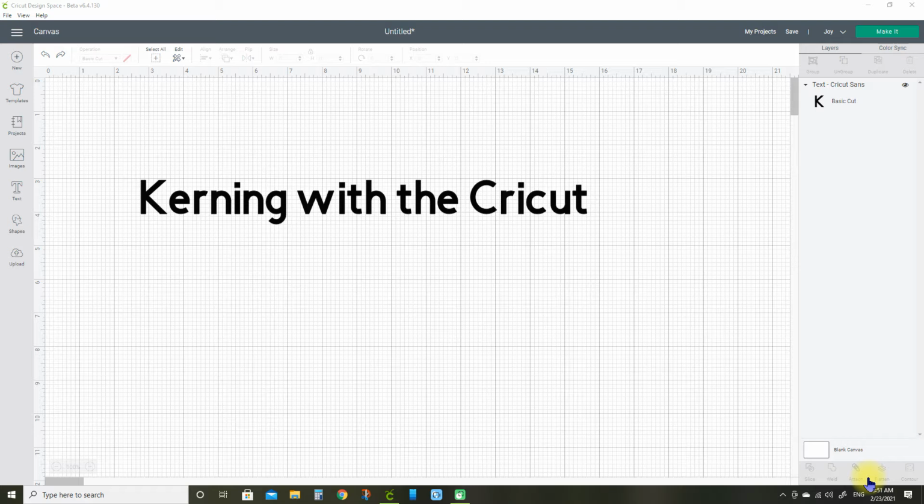Do you need to kern this font? Maybe not. If I was fussy, the K in kerning, I'd want to bring it a little closer to the E, but if I didn't, not the end of the world. However,